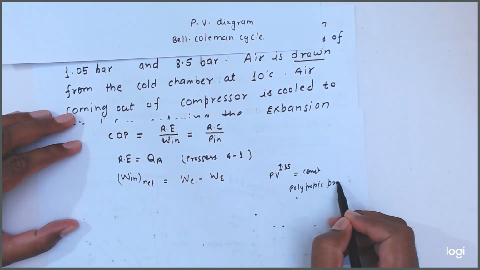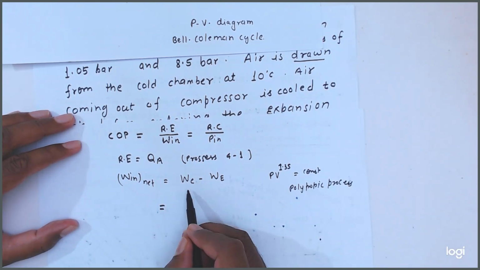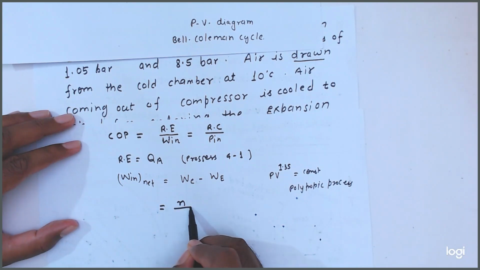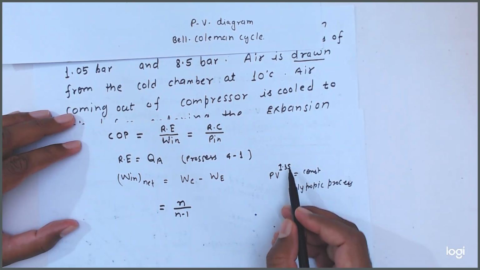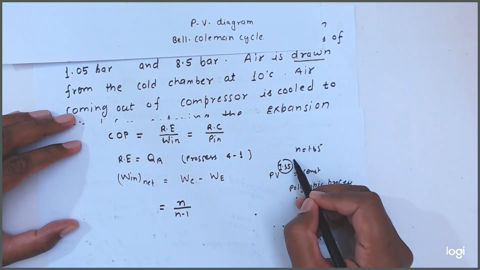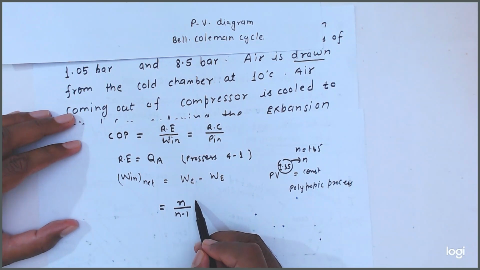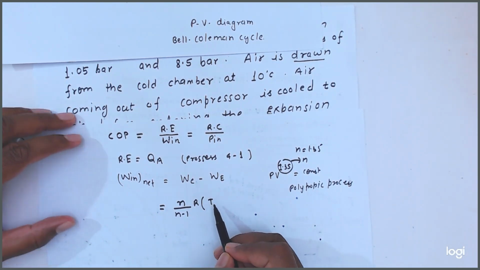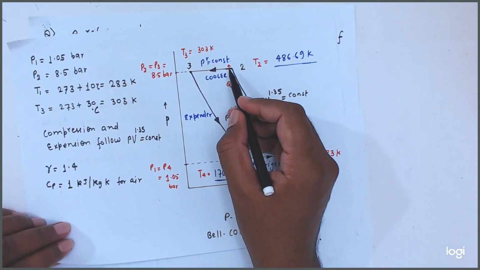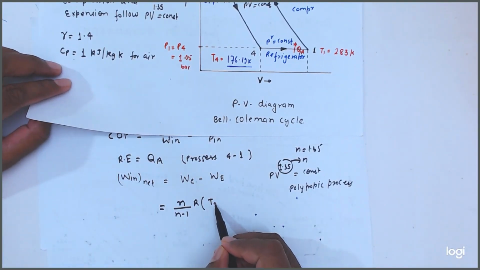Polytropic process. Okay, so in this case friends, work done is equal to how much? This n upon n minus 1, this index n equal to 1.35, the polytropic index n, here R into temperature at 2 minus temperature at 1 for compressor work,